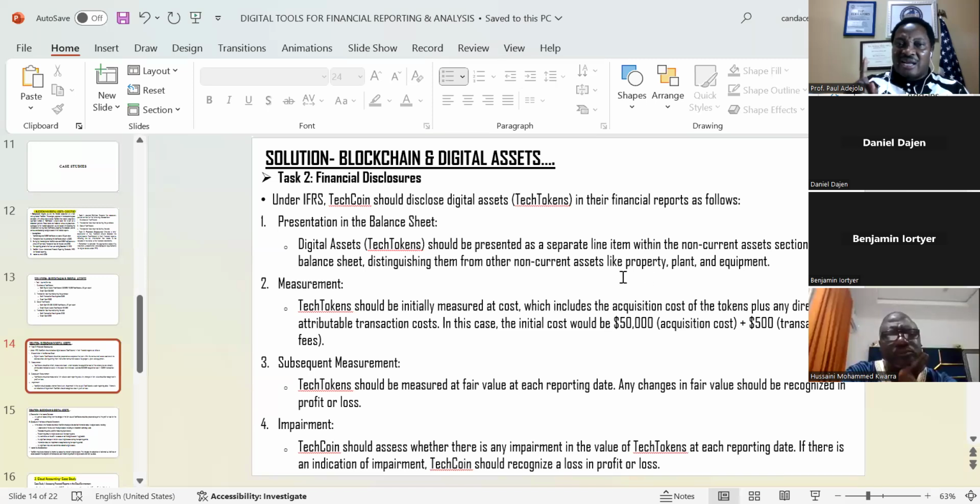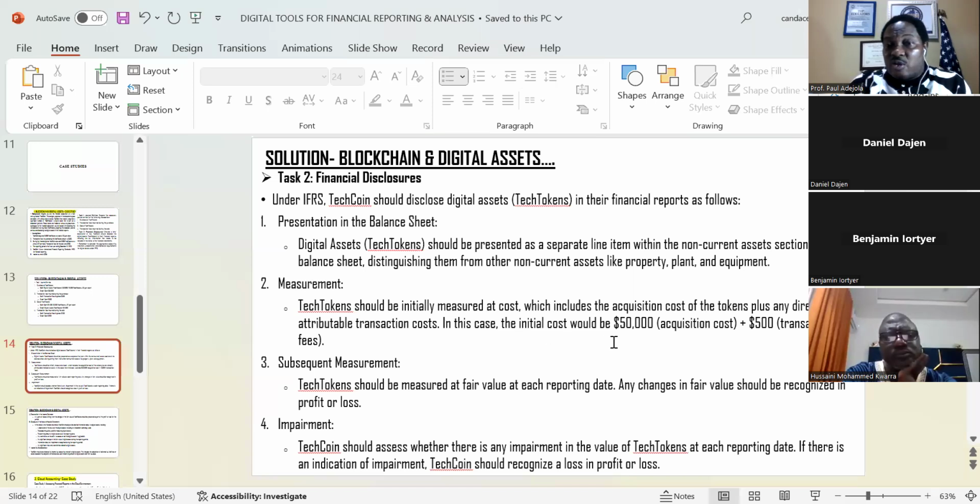And I told us earlier that when you are talking of digital assets, the classification they give to it is mostly intangible asset. Measurement: tech tokens should be initially measured at cost, which includes the acquisition cost of the tokens plus any directly attributable transaction cost.